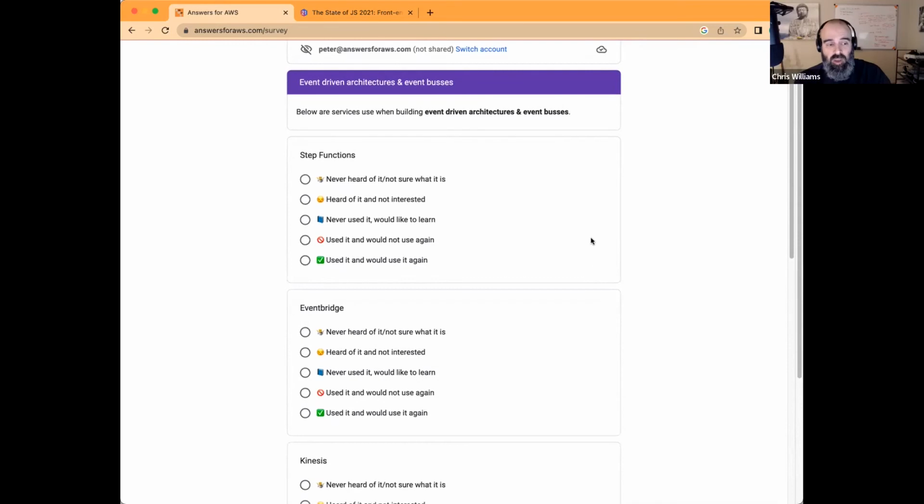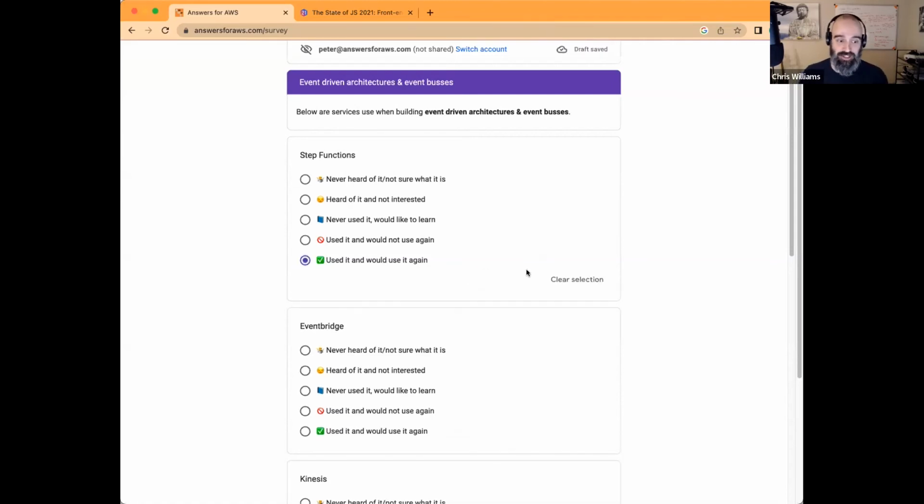I mean, from my user group and the people that I speak to in the wild, the people that actually use Step Functions are rabid fans. It sounds like one of those polarizing technologies that you either are both feet in the water or you're looking at it askance from the side of the pool. I'm not sure what the delineating factor is that causes that polarization. Yeah.